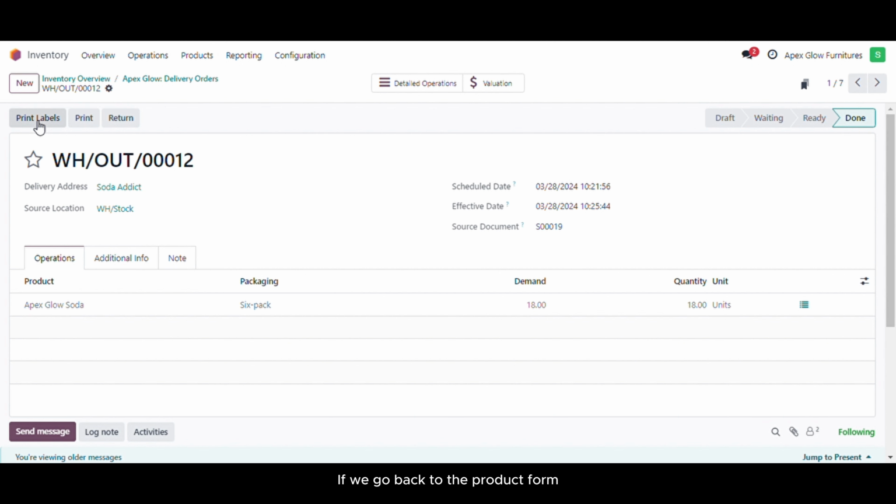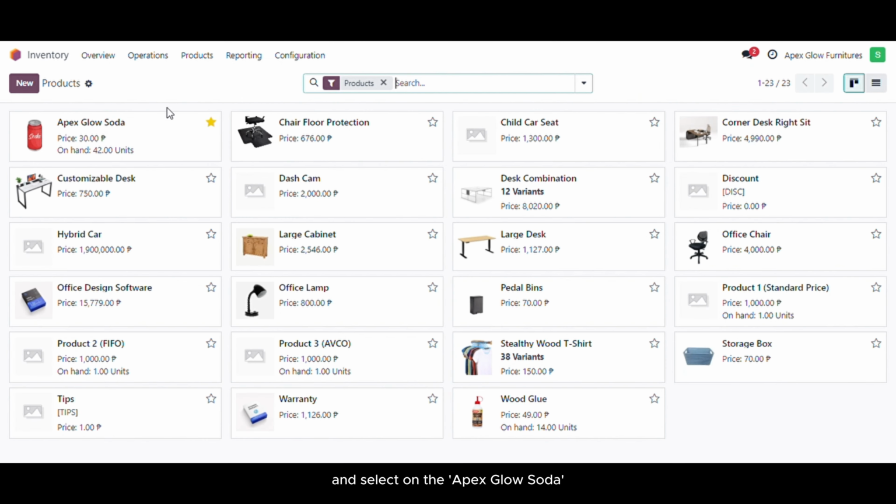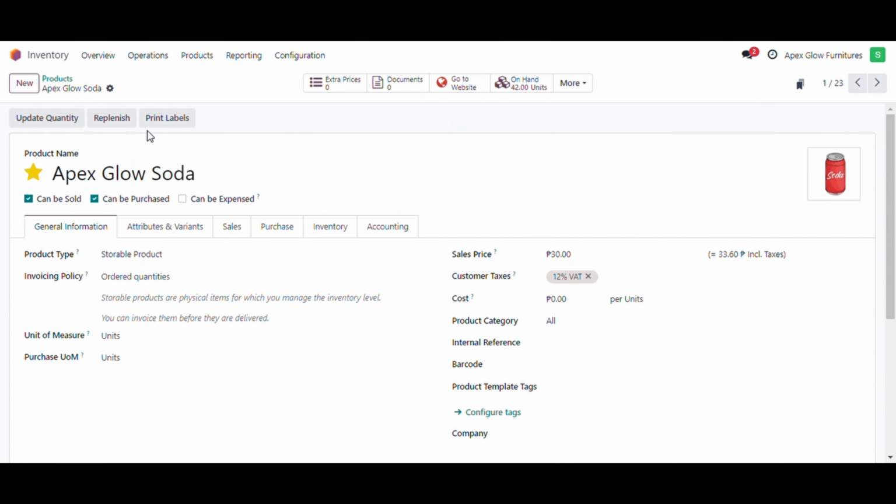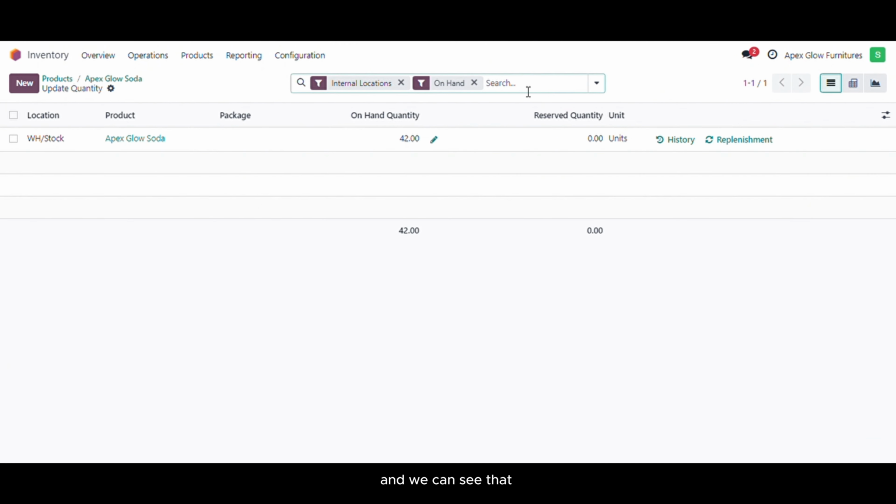If we go back to the product form from the Products subheading and click on Products and select the Apex Glow Soda, you'll notice that we have 42 units left here on the On-Hand Smart button. Let's go ahead and click into it. And we can see that Odoo automatically updates the individual quantity of soda after we buy and sell the product in each packaging option. How cool is that?